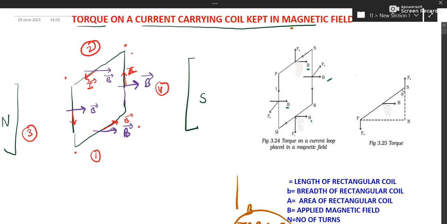Okay, so what is my theta 1? This angle theta 1 is between I and B. Similarly, here current is like this and magnetic field is like this. So what is theta 4? 90. And theta 3 is also 90. And what about this theta? Theta 2. So this is theta. That is, this part is theta. So remaining will be 180 minus theta.